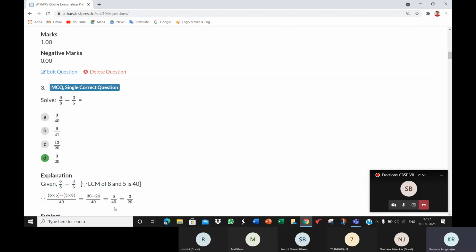Even otherwise, whenever you can reduce a fraction, when you can simplify, you must always leave it in the simplest form. Always leave a fraction in the simplest form. Simplest form meaning reduce it. Reduce the fraction if possible. Now, to reduce, we need to find the HCF of 6 and 40. The HCF of 6 and 40 is 2. See, 6 comes in the tables of 2. 40 also comes in the tables of 2.